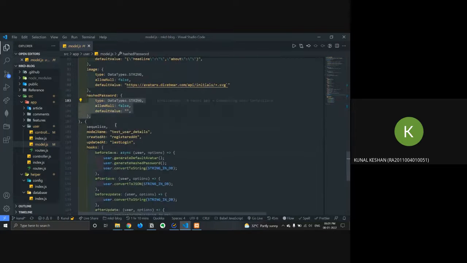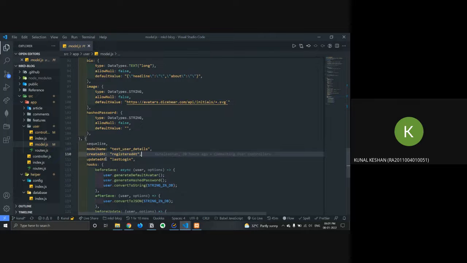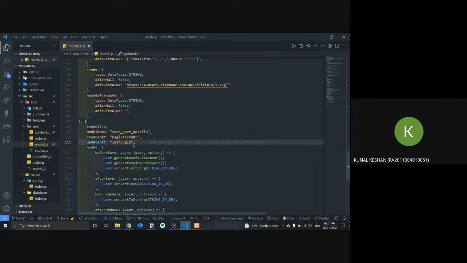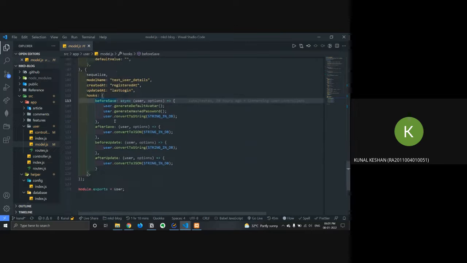And after that, I'm passing in the connection instance and the name of the table. I'm renaming the createdAt and updatedAt timestamps into registered at and last login. And as I mentioned, the hooks, the main part, right? The hooks, which do certain things before saving it, after saving it, and all of it.